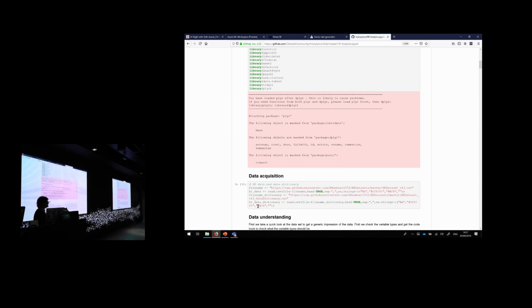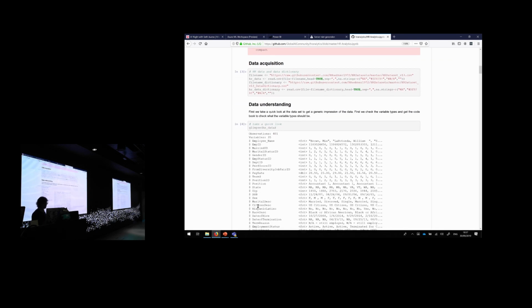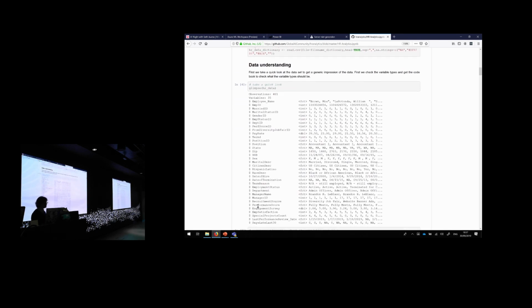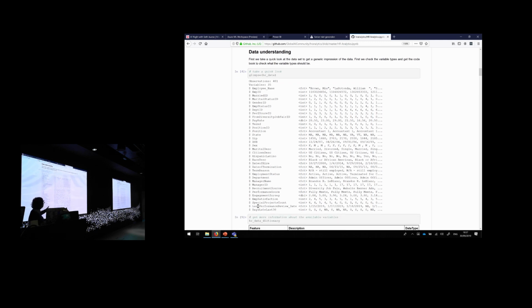I used R, but you can build it in Python too, of course, or C#. And we first would like to understand the data we have. So what's in it? Well, in this case, he gathered data around the gender, but also race, the age, if people terminated or not, if they're happy, what their manager was, etc., etc. You can walk through this later on.